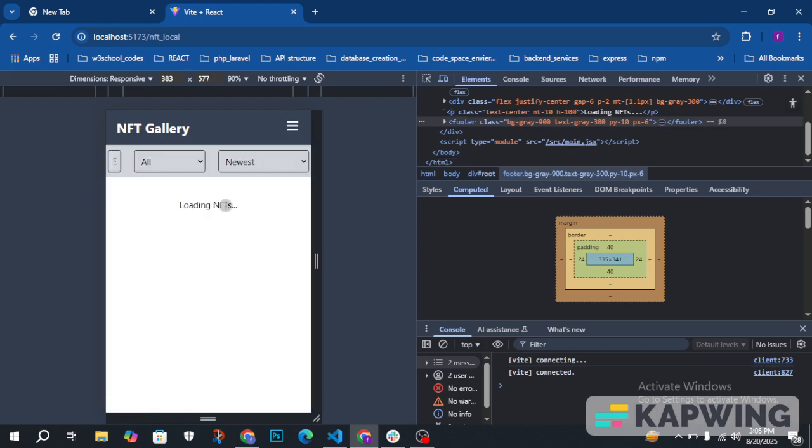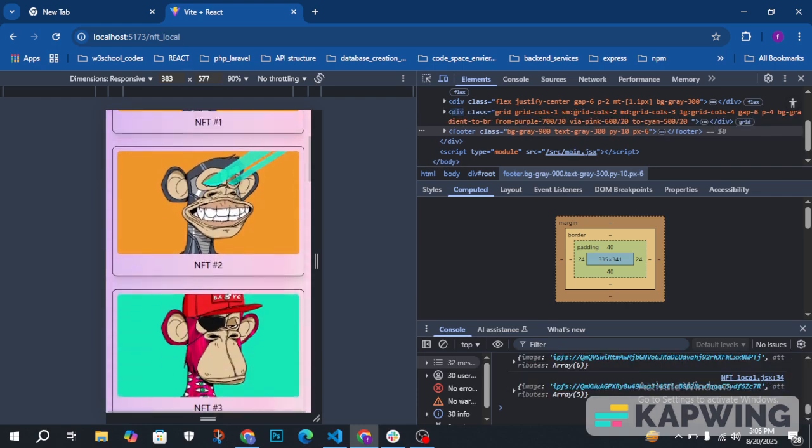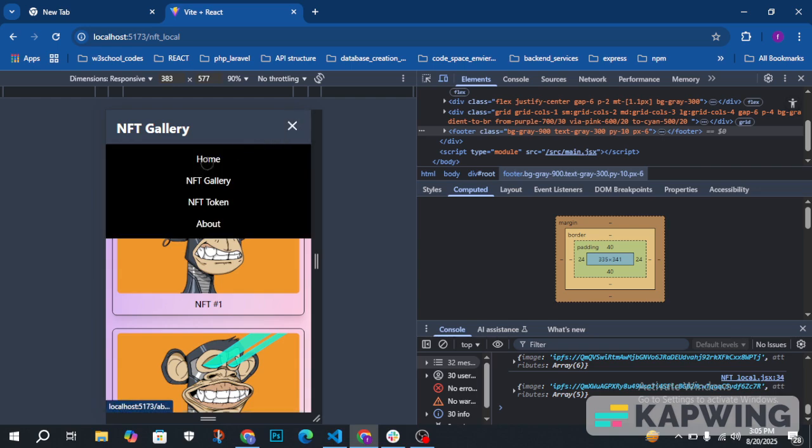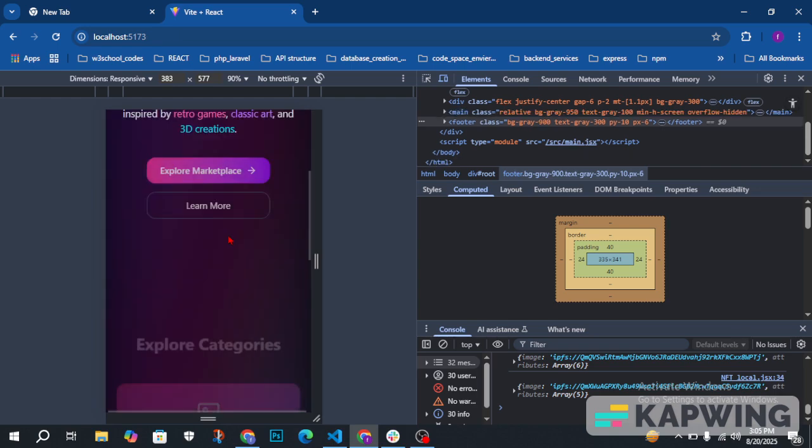This completes the overview of our NFT gallery project. From basic structure to advanced features, it is designed to grow step by step,